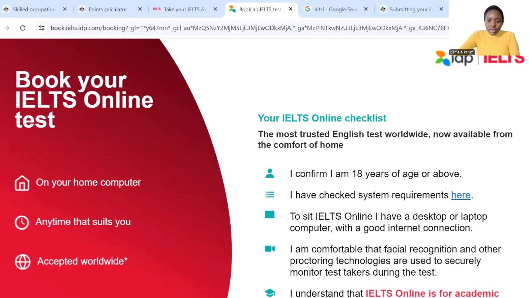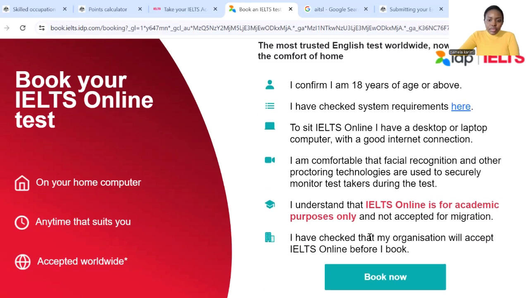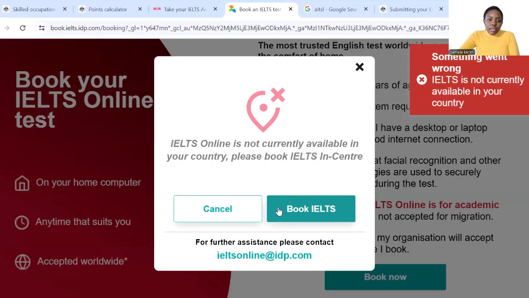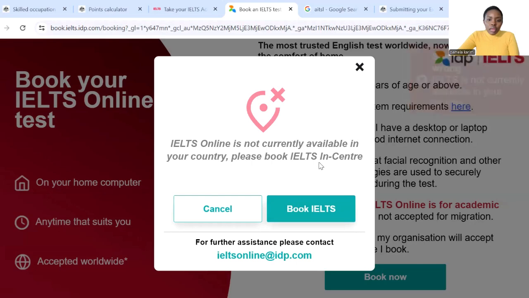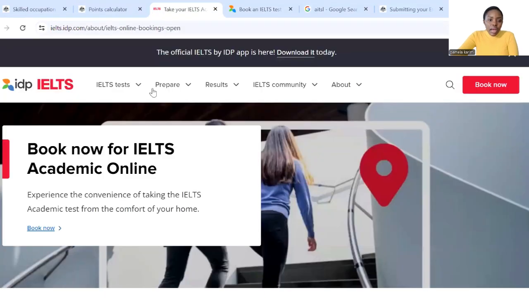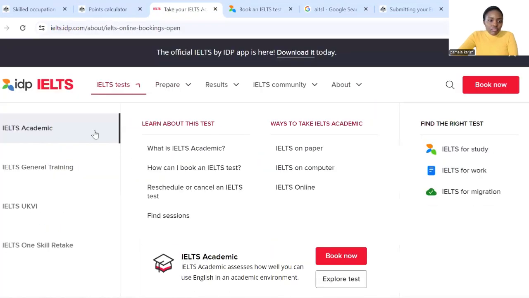Gonna ask you all those things. You understand all those things, and then if your IELTS is not available in your country, of course it's gonna tell you whether it's available or not. If you go back here,